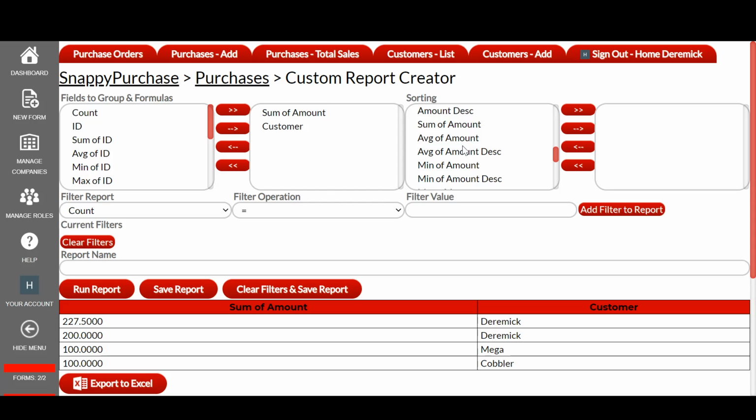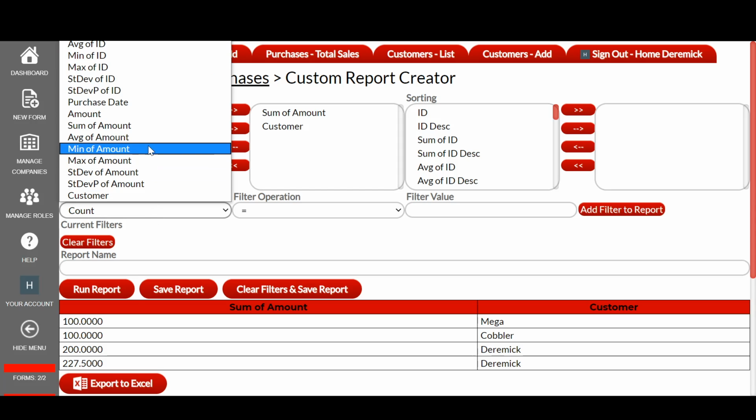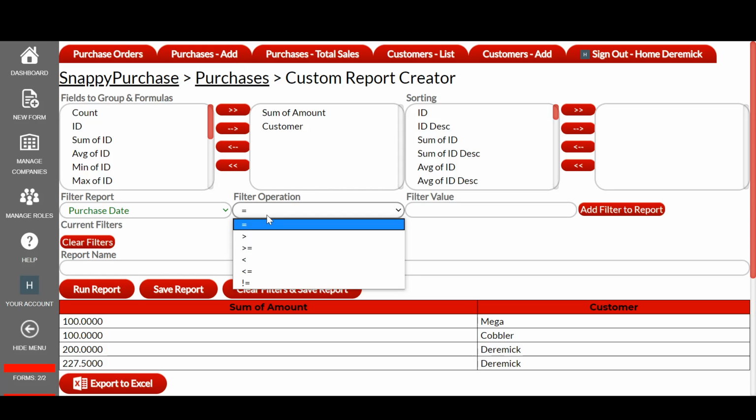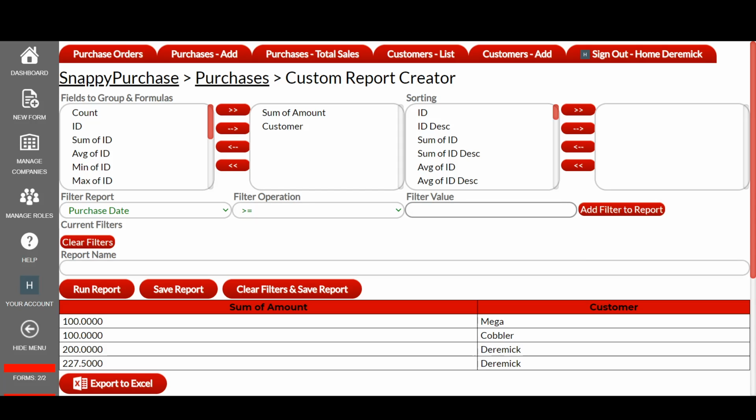Sum of amount. You can change how that's going to be displayed to you. The other thing that's really powerful here is you can actually filter. So in our case, I want to see every purchase that happened after June 1st. Now, when you're using dates, for now, you're going to have to put single quotes around them. In the near future, you won't have to do that. You'll just be able to put the value that you want in, and there'll be a whole bunch of other options as well when you're dealing with dates. But for now,